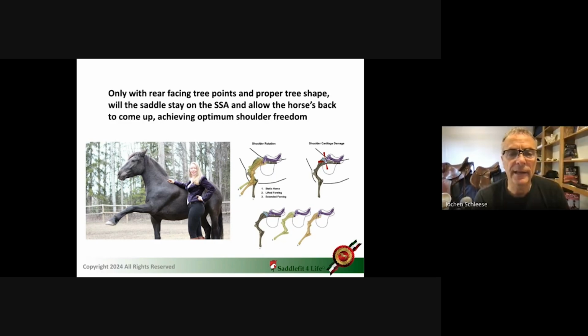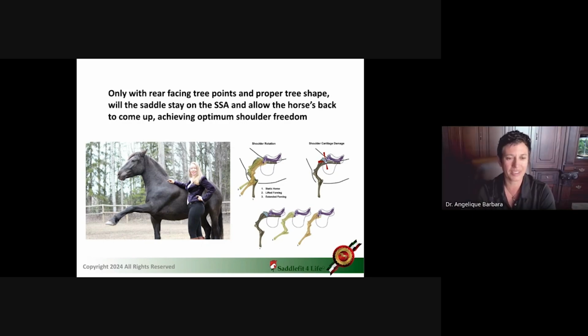Yeah, I find it when I work with jumper riders, particularly hunters. Hunter jumpers, definitely. Yeah, and the saddle slides there anyway, so they say, oh, I want to put a strong breastplate on it and it won't slide back. Yeah, they try to hold it in place with the breast collar, but it needs to go back to where it should be sitting.